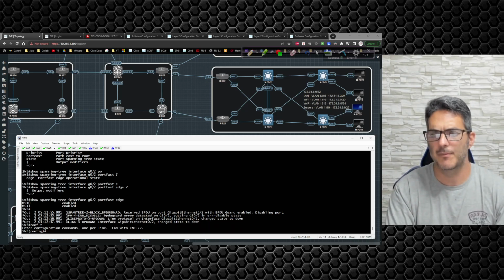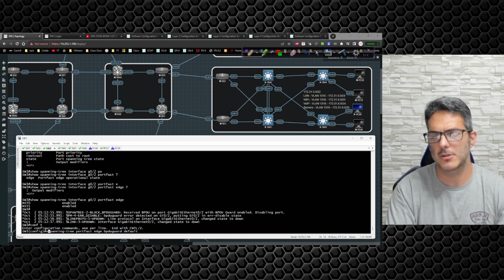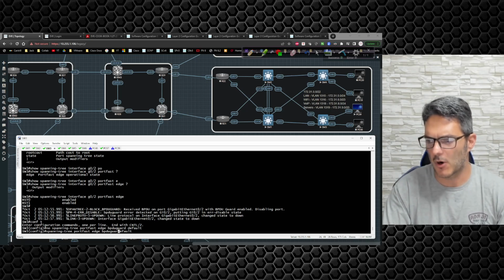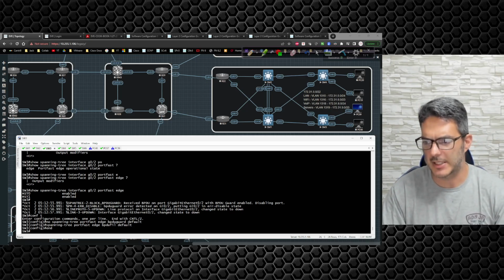So what I'm going to do is take this command that we typed in a couple moments ago, this command right here, and pull it out. I'm going to pull the command with no out, and then go to the end. Instead of BPDU guard, I'm going to put in BPDU filter. Okay, so now if I do this command again,